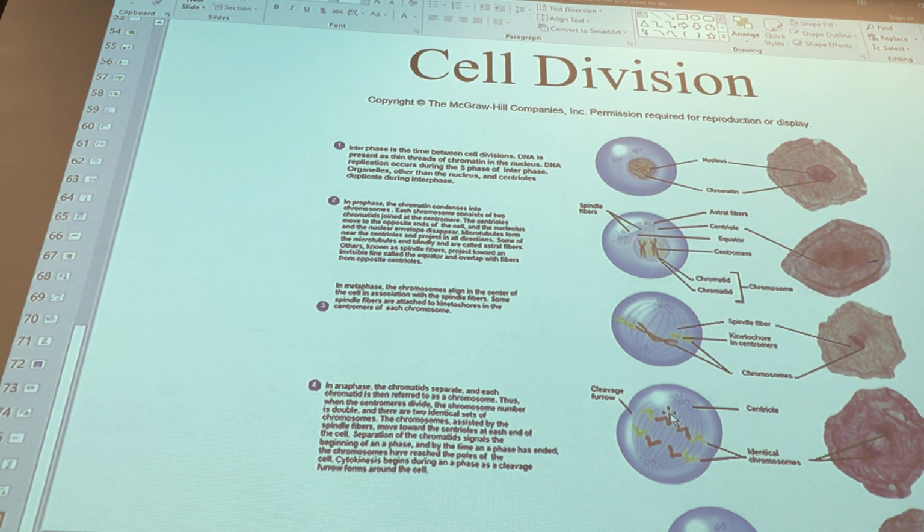So mom gives you 23 chromosomes. Dad will give you the other 23. You shouldn't have the same two copies from one parent, right? You shouldn't have two copies only from mom, or two copies of chromosome 1 only from dad. If that happens, that's a mutation. That's not good. So by lining it up, all the chromosome 1s, all the chromosome 2s, lining them up that certain way in the middle, when we split it apart,